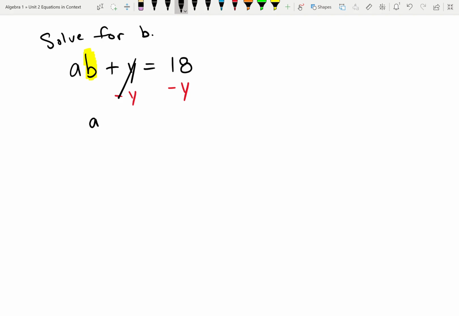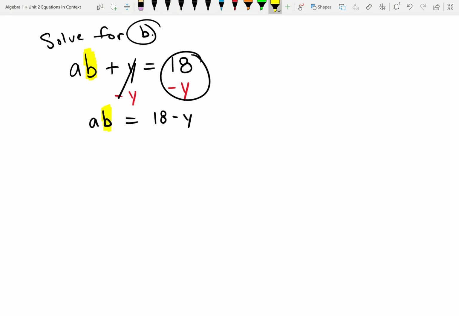So right here we have a, b equals, so right here we can't simplify that, and we can't say that it's 18y, right? Because this is subtraction, we're not multiplying. So since we cannot simplify that, they're not like terms, we simply write it like this. That's as simple as we can do it. Since we're solving for b,